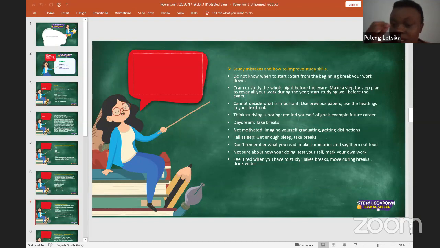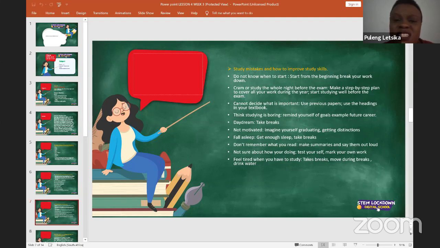So you will still need to take breaks, and you will still need to start from the beginning. Start from the beginning and set yourself a time to end. Use the time that you have left well.